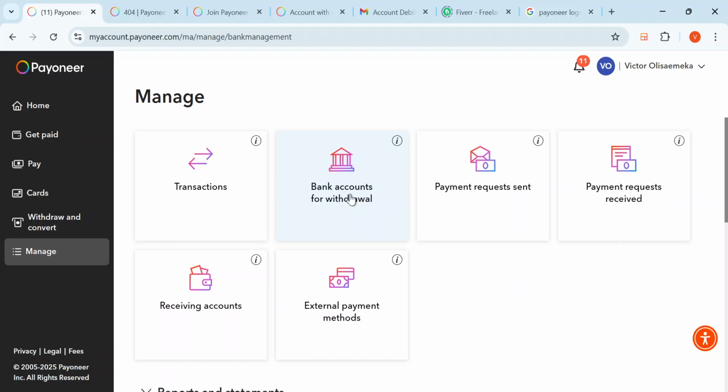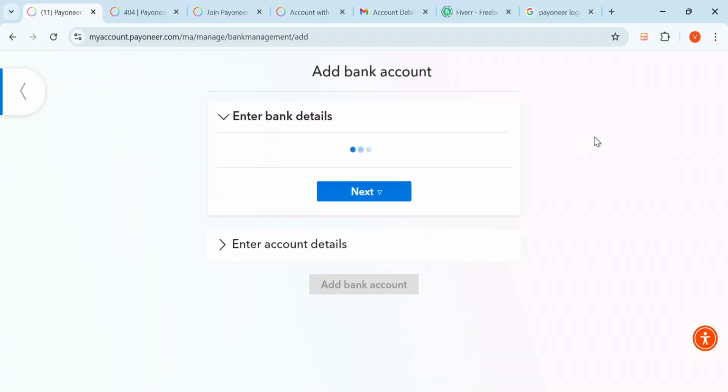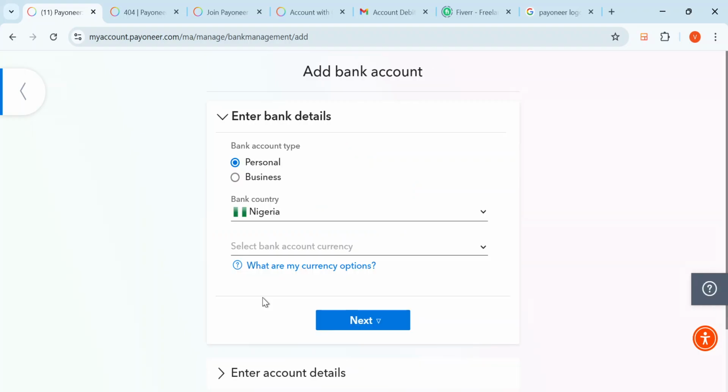Then the next step is to click on the bank account for withdrawal. Once you click on it, it should bring you to a page where you can add accounts. You can see here I already have two accounts here. You can proceed to add. Click on the add account, and then you will be brought to a page where you can add your Wise